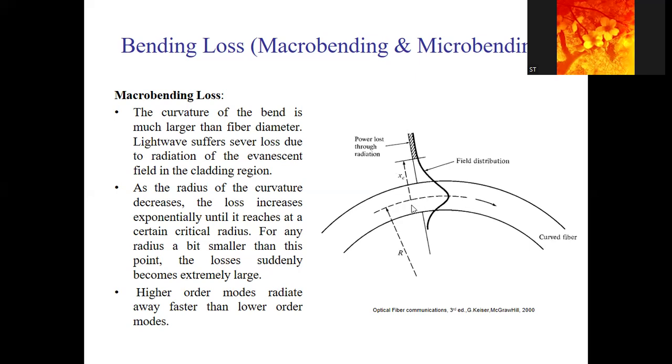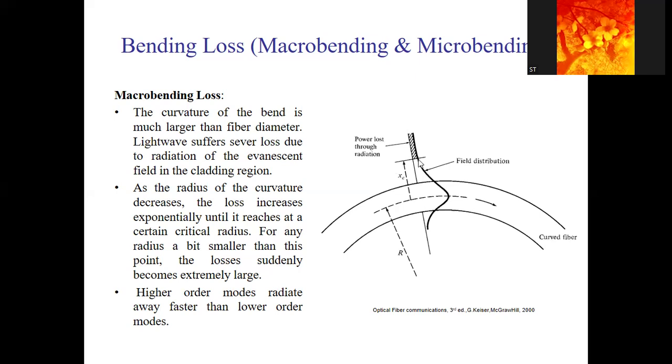This is the axis of the fiber, and this is the radius of the fiber, and at XC, suppose we are measuring the power loss through radiation at this point, and this is the field strength at this point. Higher order modes are less tightly bound to the fiber, so they can radiate easily as compared to lower order modes. So this is about the macrobending losses,